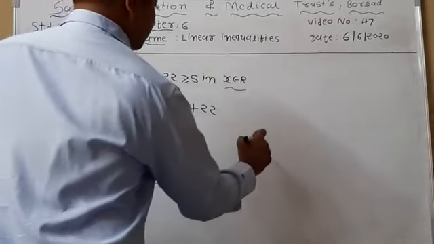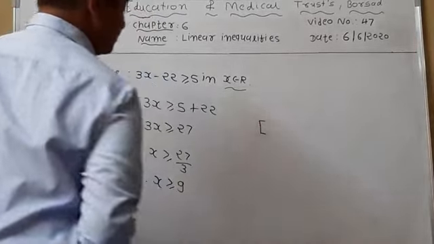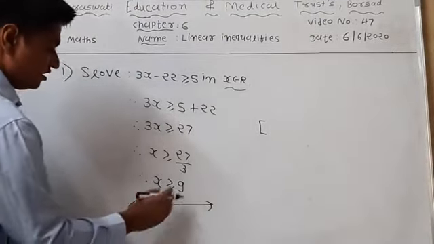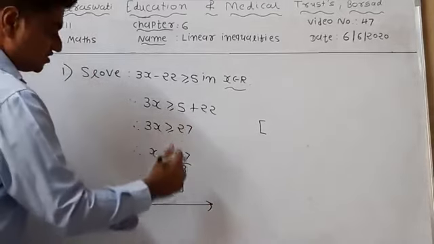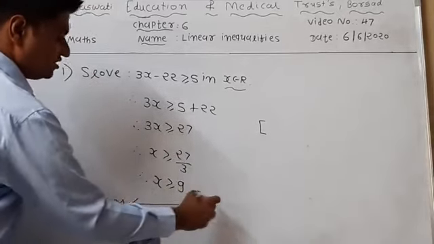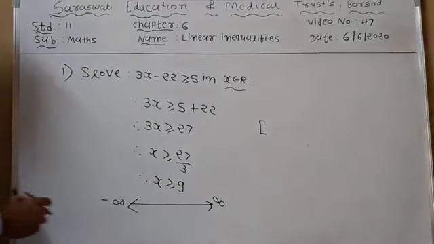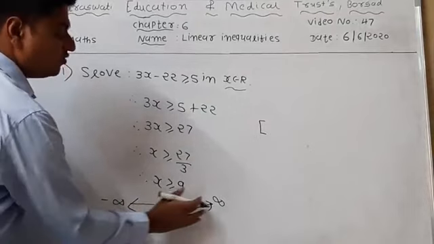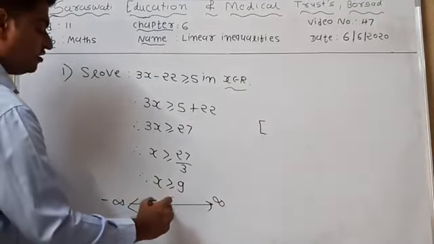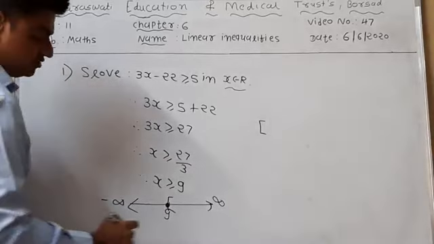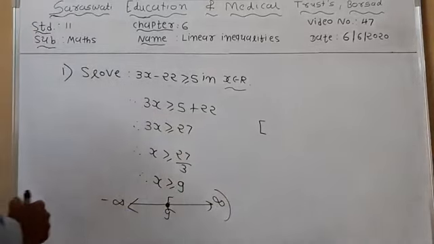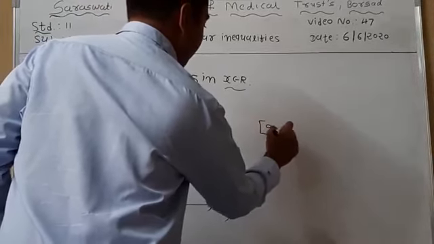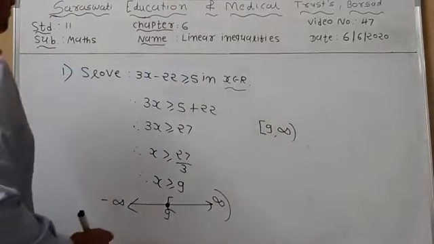So our final answer is written as a closed interval, the arrow is going to the right side. Greater than or equal to form is present, that means the arrow is going here, minus infinity on this side and infinity on this side. Now here 9, the position of 9 is here. Now the arrow is going to the right side, so our interval uses a closed bracket at 9, and infinity is always in open interval form. So the final answer is closed interval 9 to open interval infinity.